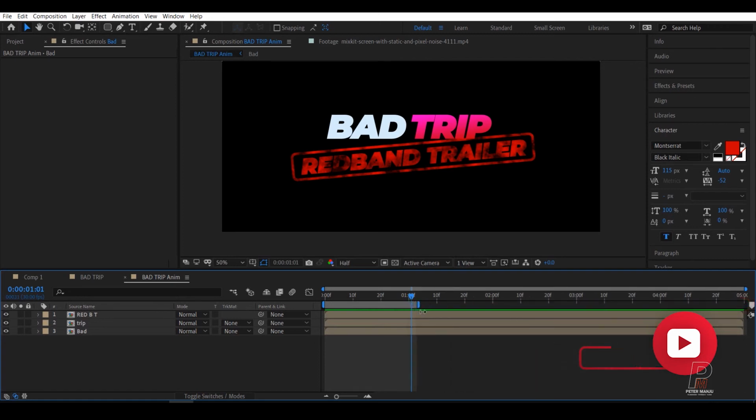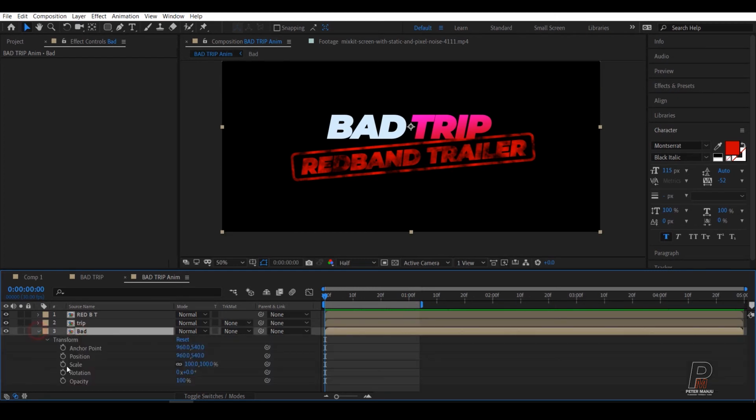I don't want much because this is very quick. And then go to my bad, open that, and then go to opacity. Make sure in the first frame it's 0, go one frame forward and then make it 100%, and then go randomly up to 4 frames and then activate keyframe and then go 1 frame, make sure that is on 0, go 1 frame again, make it 100%, and then go 3, 4, 5 frames, something like that for